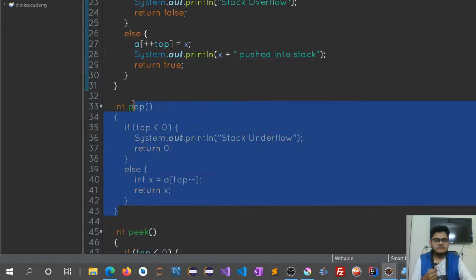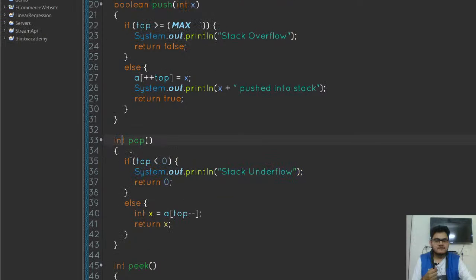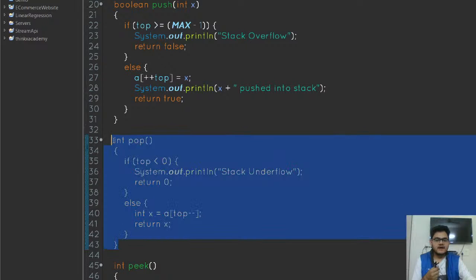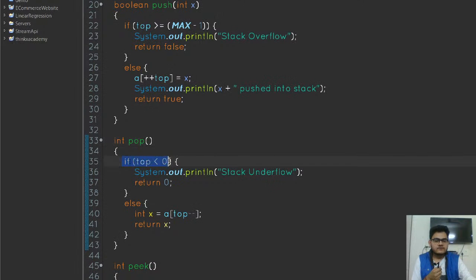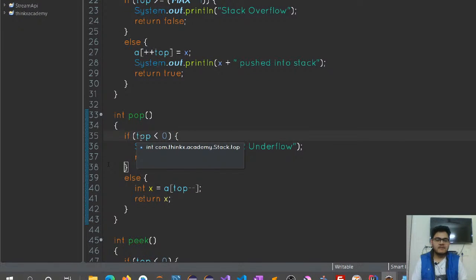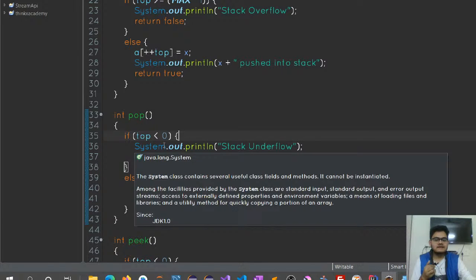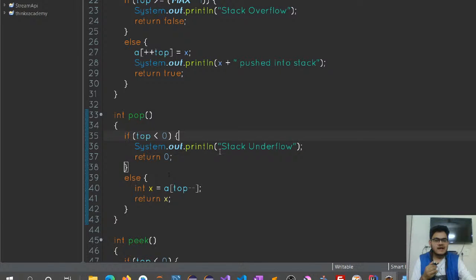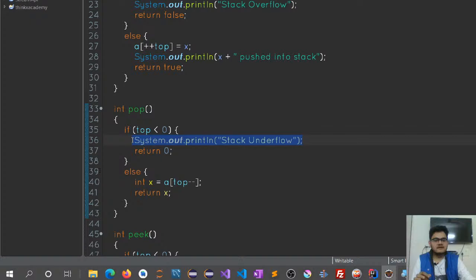And then we will say that the element x is pushed into the stack. Now let's come to the pop function, which is the last function we are going to discuss, right? First of all, if top is less than 0, right? So if top is any negative number, which is -1 or something like that, in that case we know that this stack is empty, right? If the stack is empty, we cannot pop out of the stack, right? So I will simply write that this is a condition of stack overflow, and I'm simply going to return